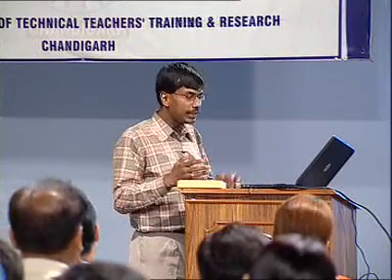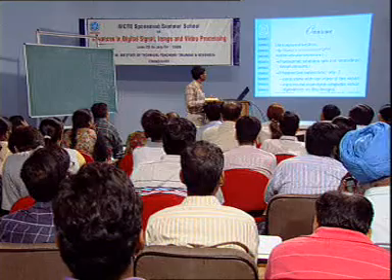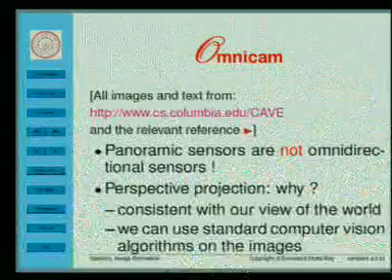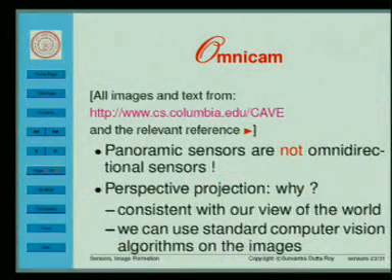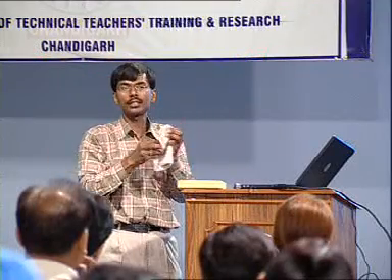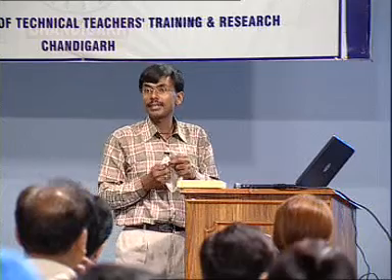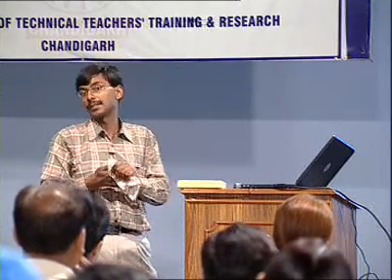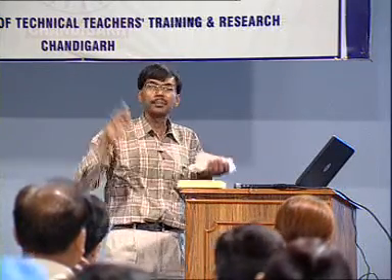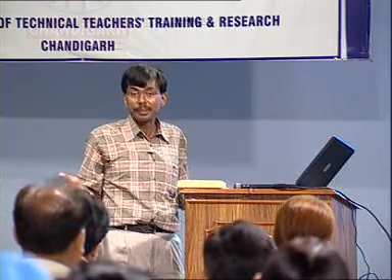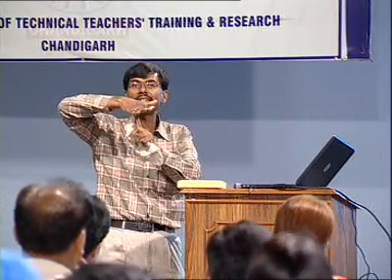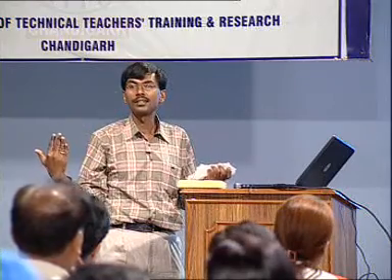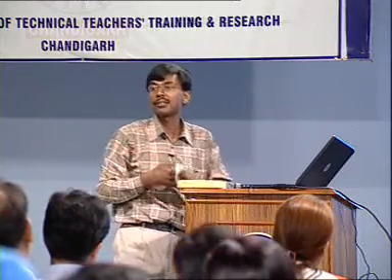One of the things that we need to appreciate here is the fact that panoramic sensors are not omnidirectional sensors. Why? Panorama में ठीक है, हमने कैमरा लिया, यहाँ पे ट्राइपॉड पे लगाया, इसको घुमाया चारों ओर और फिर इमेजेस को स्टिच कर दिया. It can be shown that such images are related by homographies. All right, done. But this cannot be done in real time, because there is a mechanical movement that is involved. You cannot hope to do it.